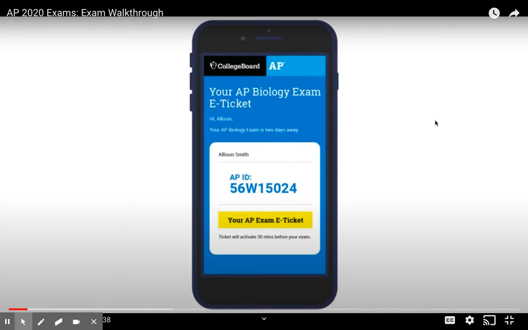So if you're going to take the test on your computer, you need to open the test ticket on your computer. It will take you to the